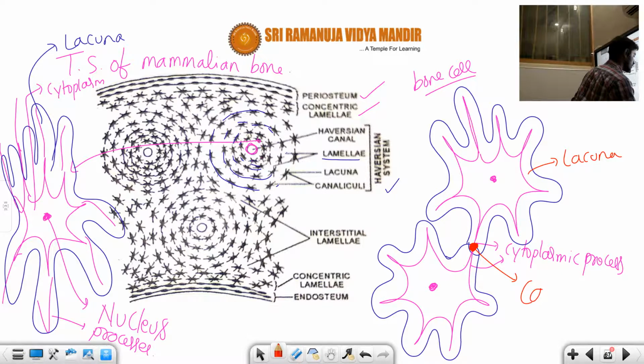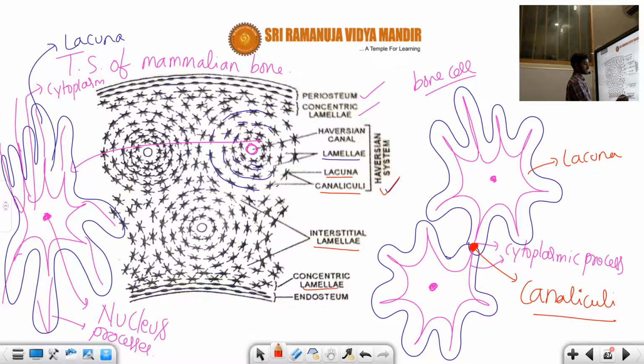Canaliculi. So students, you can see this is about the lacuna and canaliculi. So the whole part represents, what is that? Haversian canal system. And another important point, students, you can see the space is called the interstitial lamellae, and the